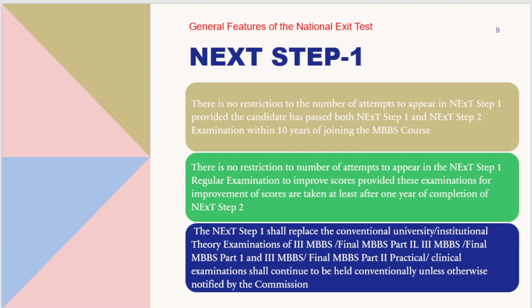There is no restriction to the number of attempts to appear in the NExT Step 1 regular examination to improve scores, provided these examinations for the improvement of scores are taken at least after 1 year of completion of NExT Step 2. So if somebody wants to improve their scores in order to get into the postgraduate course, there is no restriction to the number of attempts. Okay, then the next thing is